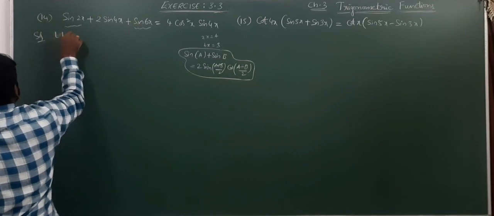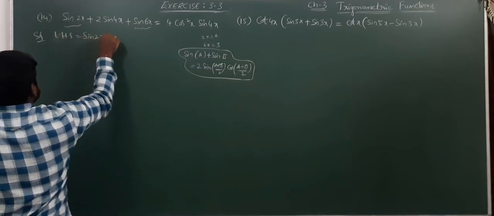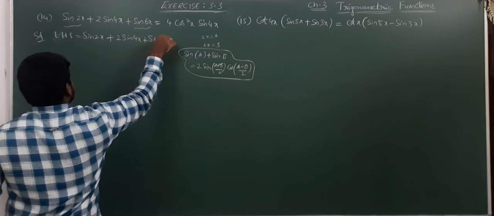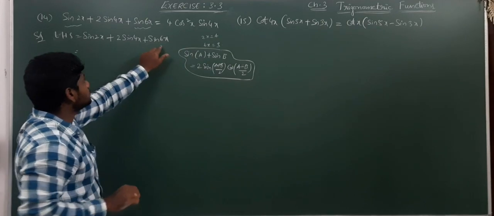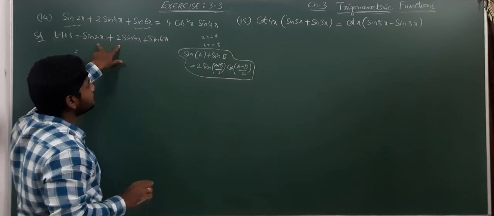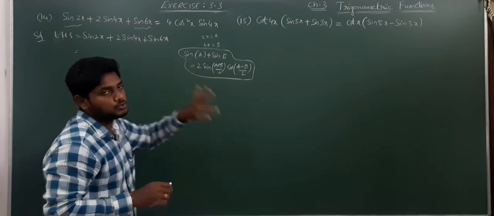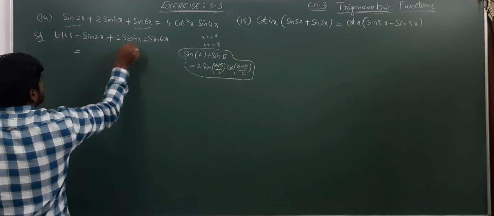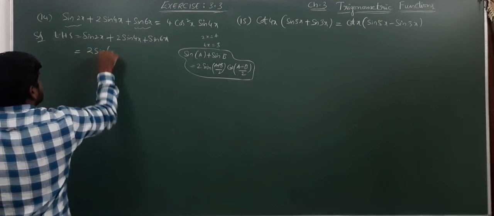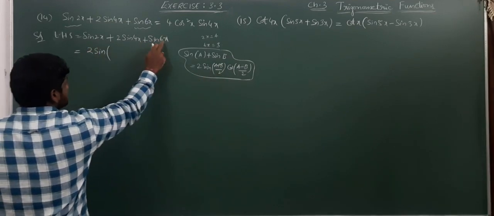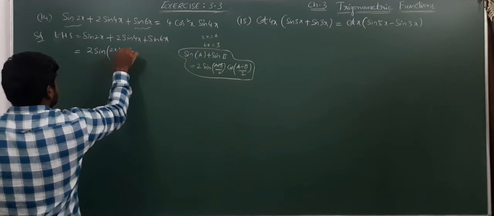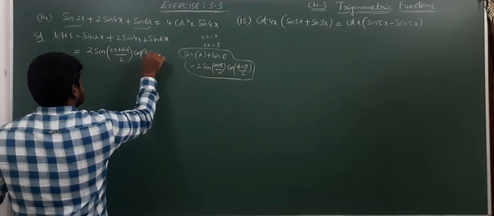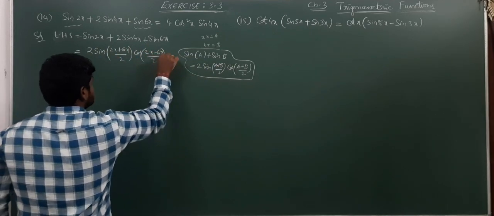Consider LHS equal to sin 2x plus 2 sin 4x plus sin 6x. First I will consider only these two. Considering these two, we don't have a formula, because we don't have a formula for sin A plus 2 sin B. Sin A plus sin B we have. So I will substitute the formula for these two, which is 2 sin (2x plus 6x) by 2 into cos (2x minus 6x) by 2, plus